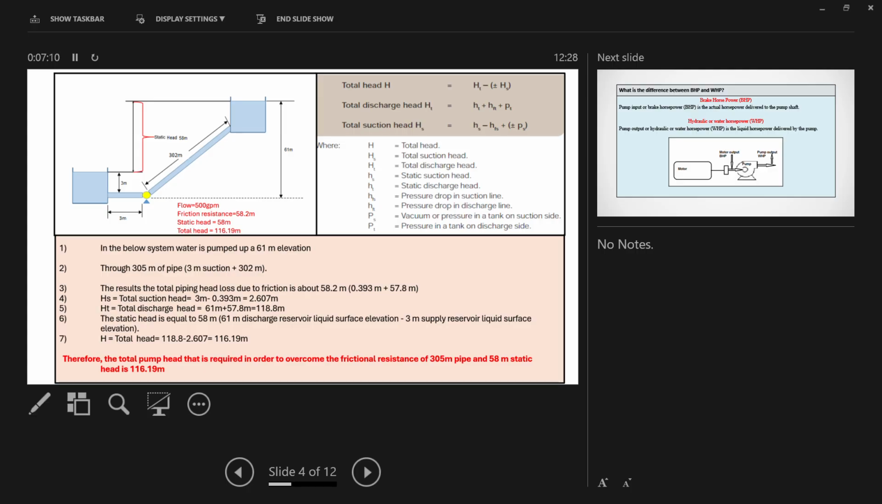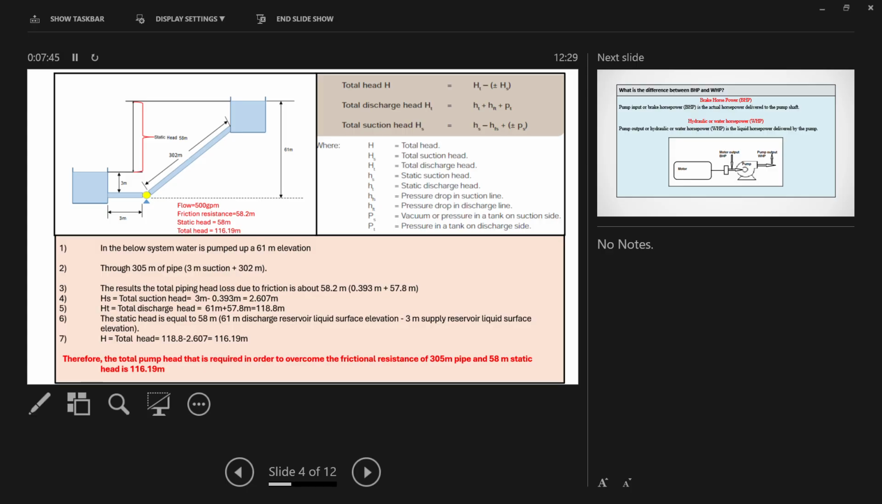What is the formula for calculating the pressure drop? It is f L V squared by 2 g D. What is f? It is the frictional factor, L is the total length, V is the velocity of the fluid, g is the gravitational acceleration, and D is the internal diameter of the pipe. So for calculating the total discharge head, we have to add static, that is 61, plus frictional loss, that is 57.8, which becomes